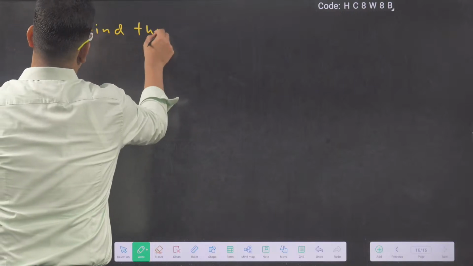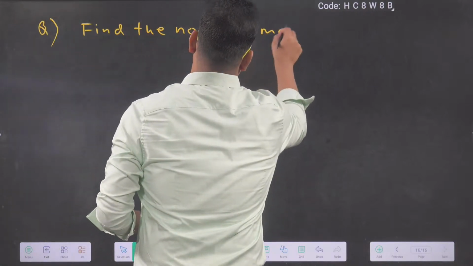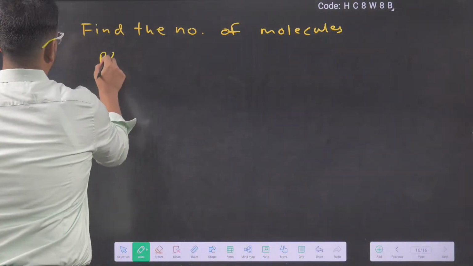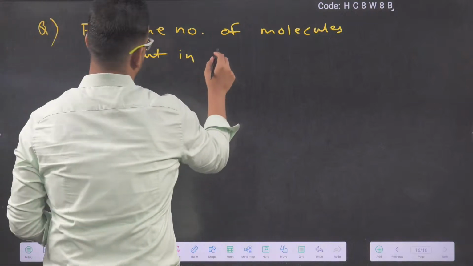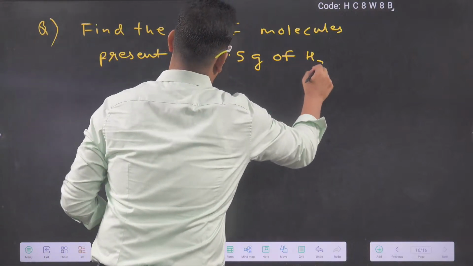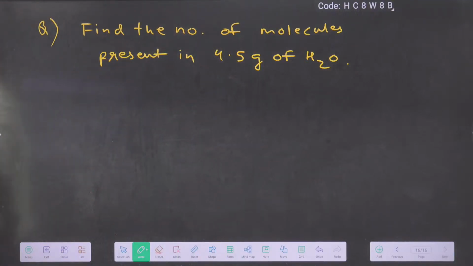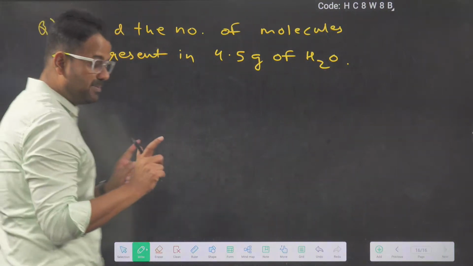Find the number of molecules present in 4.5 gram of water. So what would be our first step? See, please